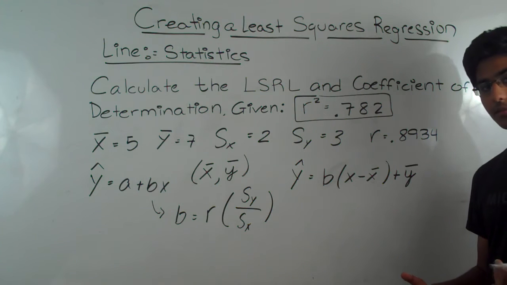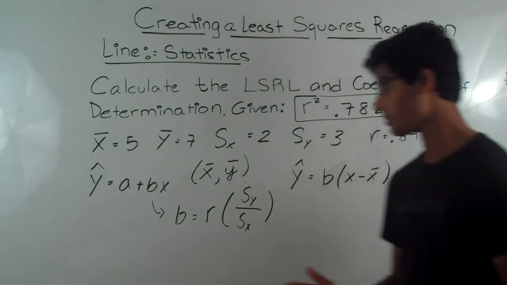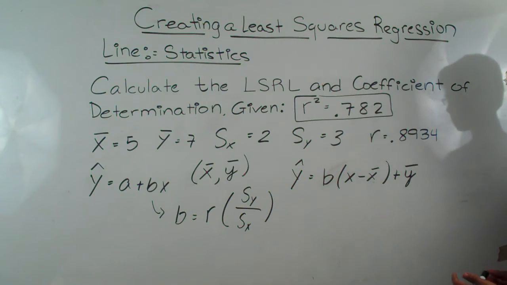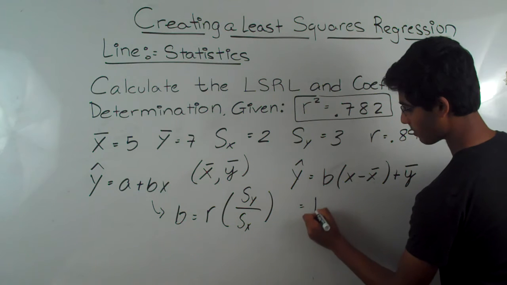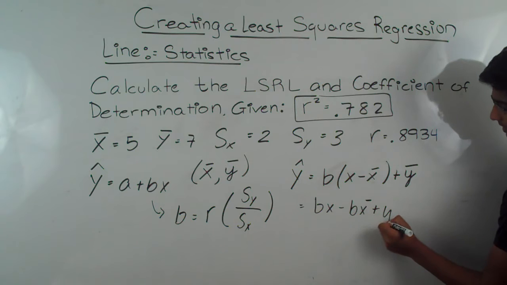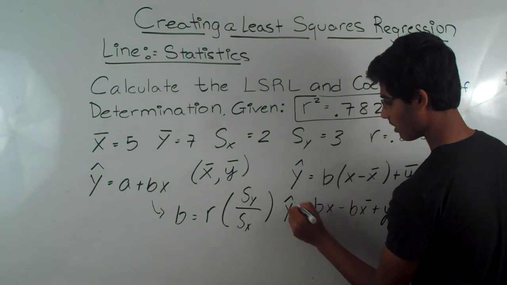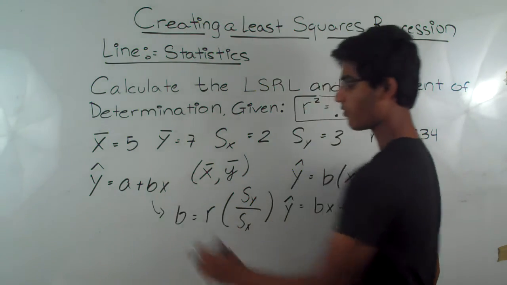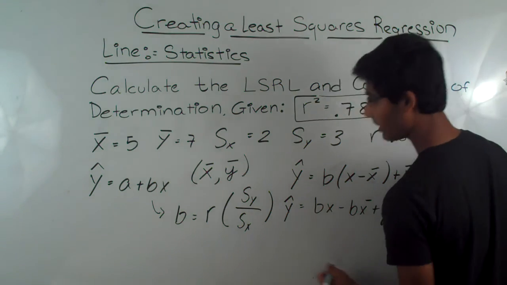But there's a problem here, and the problem is that whenever you have the least squares regression line, you want it to be in the form a plus bx. So what should we do? Well, it's simple. We just want to convert this into a plus bx. So here, this is equal to bx minus b x bar plus y, plus y is equal to y hat. So if we group these in terms of a and bx, so we separate the constants from the coefficient of x, we get that y hat,